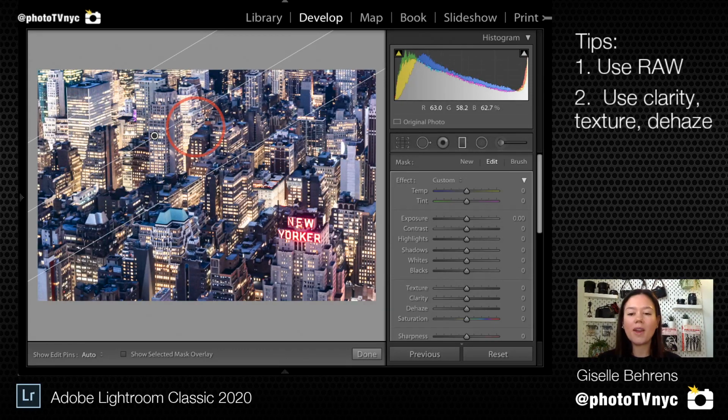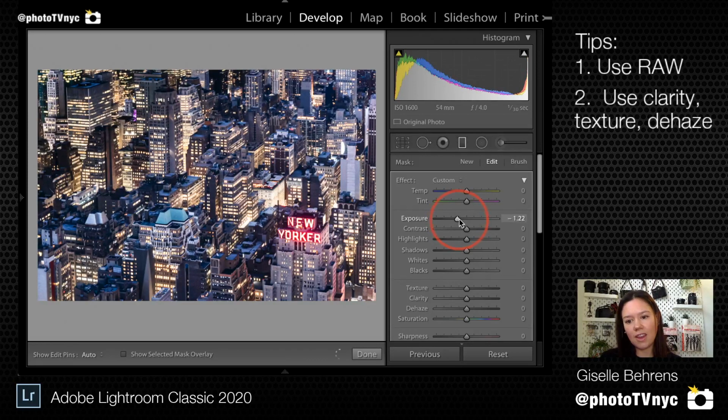Because you want your spectators' eyes to go to the center of the photo and back to New Yorker, which is the focal point, because it's the only different part of the photo. So this is my focal points. This is where the eye of the spectator is naturally going to bounce to, but then it's going to leave by this corner, by this upper left-hand corner. And I don't want the eye of the spectator to leave, because then he's just going to lose interest in my photo. So I'm going to